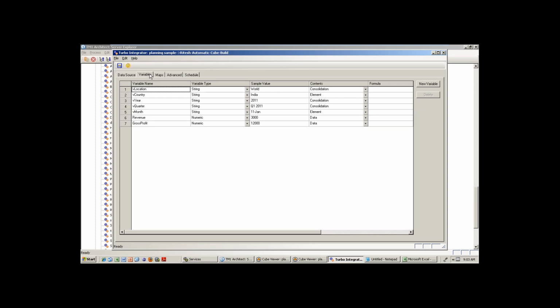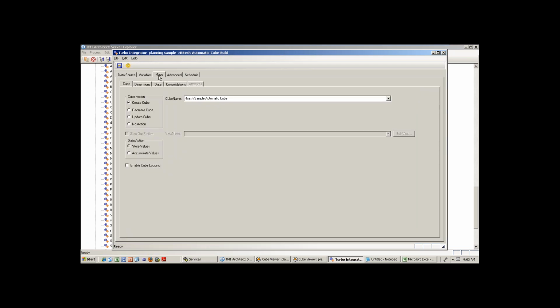String, and if you can go to maps, mapping tab. I saw somewhere the string and numeric being this one, dimension. So when you are showing this, you just need to put like this, update cube. Otherwise, it will not open because it's already create cube and then you are trying to do the same thing, right? So it will not allow.